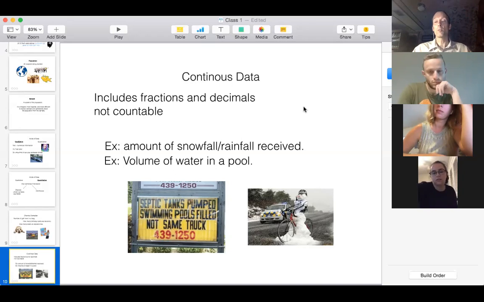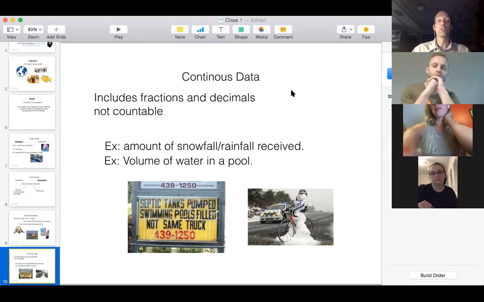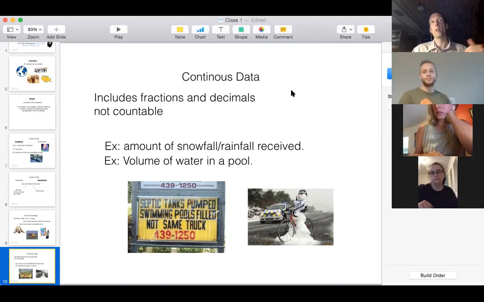Because can you count the cars in a parking lot? Yeah, sure. Now, can you have an eighth of a car sitting in a parking space? No. So I can definitely not get a fraction on it. It's only going to be a countable number, so it's going to be discrete. And on the test, I might say, of all the following, which is discrete? And it would be cars in a parking lot, volume of water, temperature, miles an hour. And then you're going to pick out the one that you can count and comes in whole numbers.